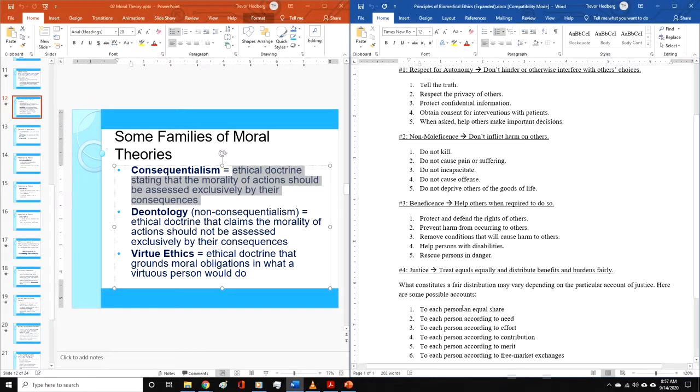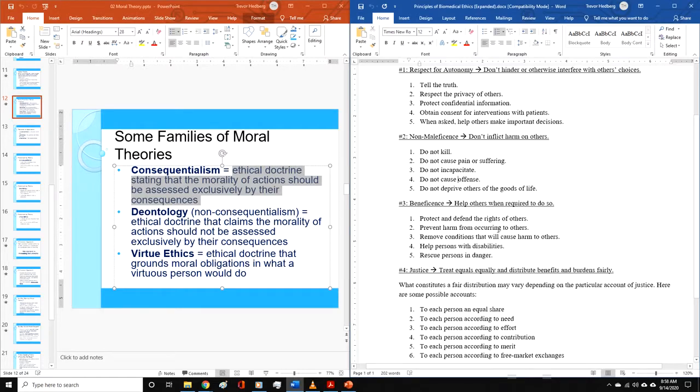You can also have situations where distributing goods and services in the medical profession on the basis of equality may not necessarily be the best way to promote the general good. And so you might have considerations of beneficence that pull against a consideration of justice. There are other kinds of conflicts that are also possible. As we move along in the course, we'll see some of these conflicts in a more explicit way. I can already think of when we get to physician-assisted suicide, which is not that far away. There will be some pretty clear